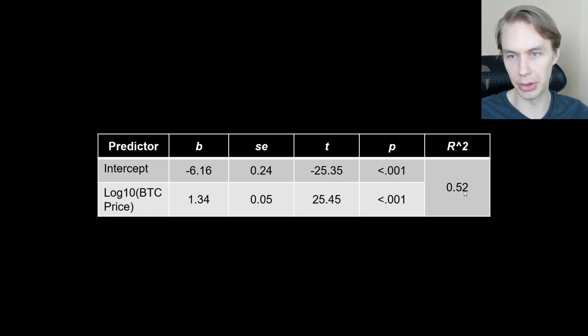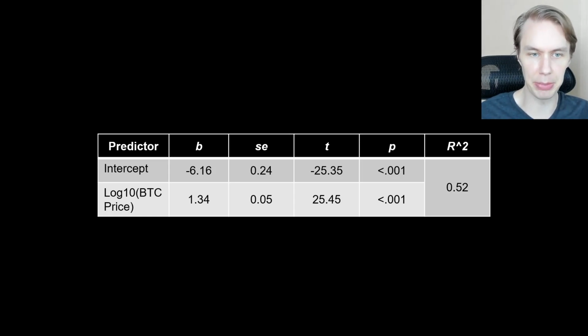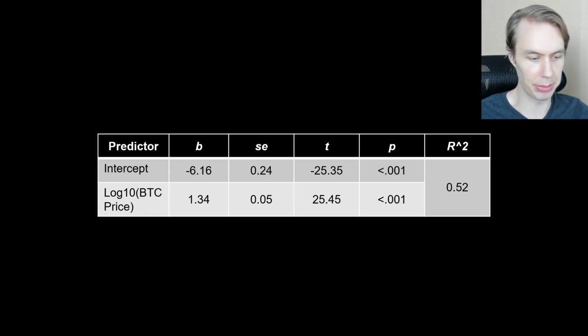And then the R squared of the whole model. R squared is a metric that tries to get at how much of the variance, in this case ADA's price, is being explained by the model. And it's not total, right? This isn't 100%. It's usually almost impossible to get to 100% with R squared, but 0.5 is not unreasonable. So roughly half of the variance in ADA's price is being explained by Bitcoin is the way that you can interpret that. At least that's what this would suggest.